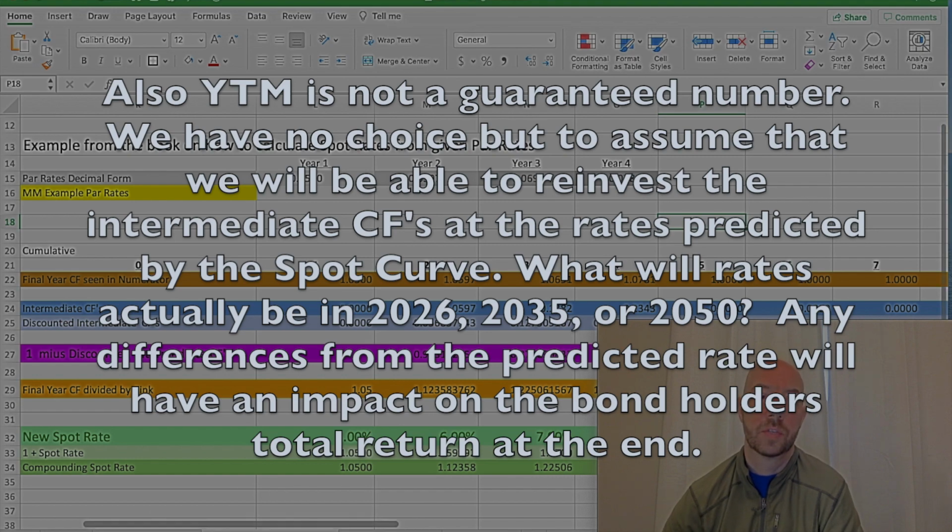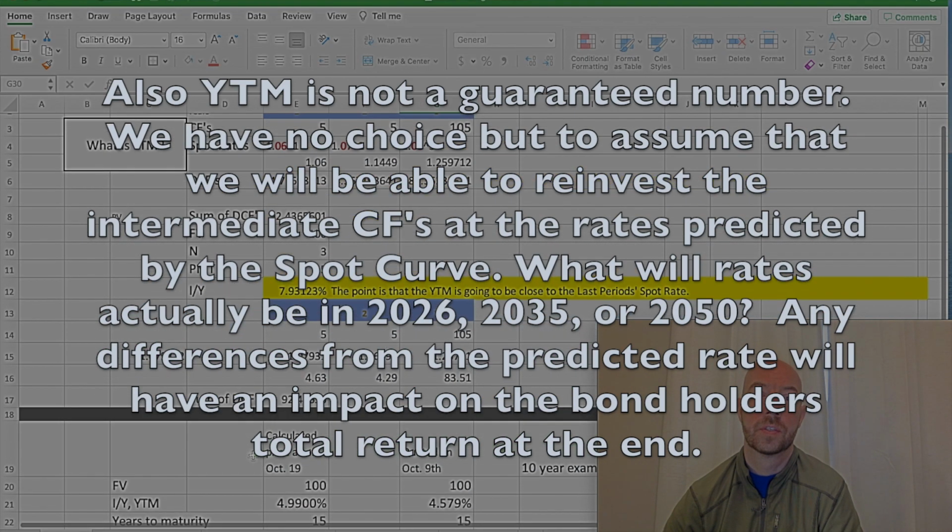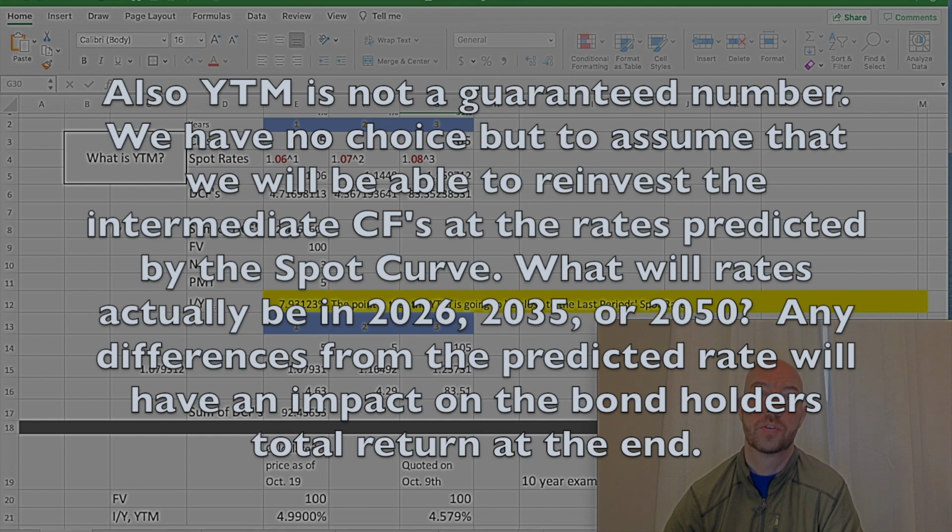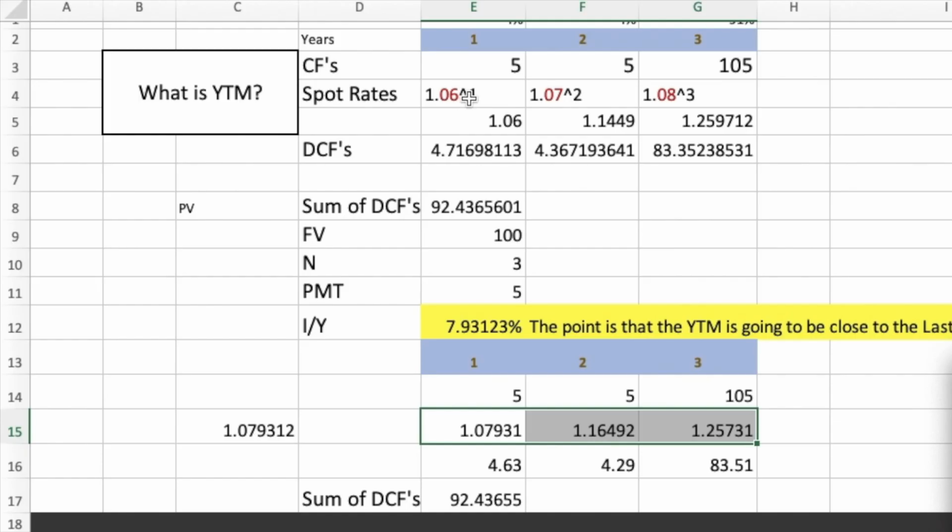But being able to really understand at a root level what's coming into this, what we're putting in our calculators, this is what the IOI button means. It's sort of related to spot rates, but it's kind of like one universal spot rate is how I'm thinking of it. The 7.93123%. How that relates to spot rates, where spot rates even come from, how they're derived from par rates. And so you can see the whole process from beginning to end,